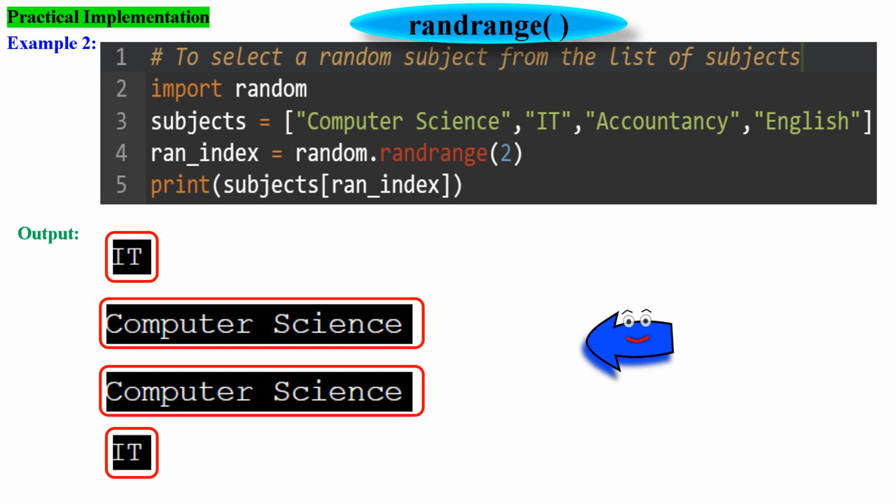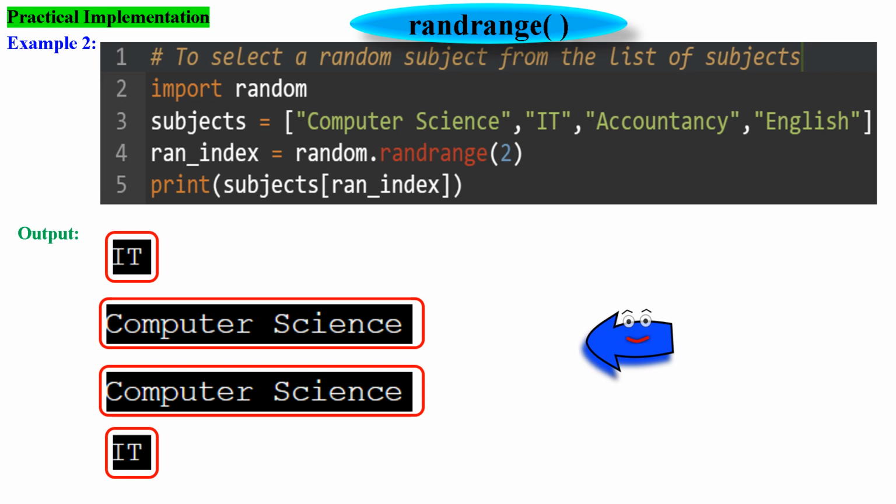Since we provide only one parameter, the starting point is assumed to be 0. The randrange function will then produce a random number between 0 and 2, exclusive. It could be either 0 or 1. The random number generated by randrange is assigned to the variable ran_index. This number will serve as the index to select a random subject from the subjects list. Finally, we use the print function to display the subject at the randomly chosen index in the subjects list. Since the ran_index variable holds a random number between 0 and 2, it will randomly select one of the subjects